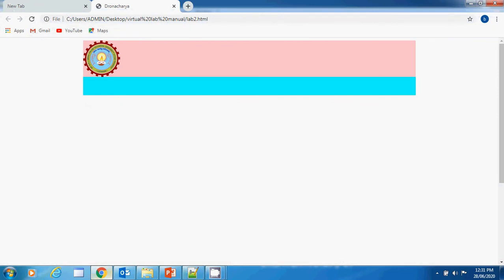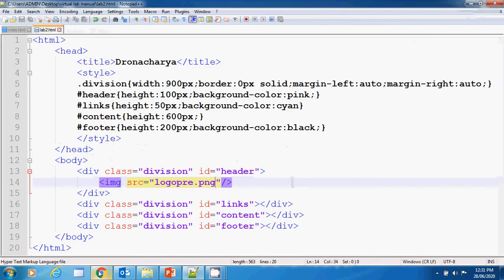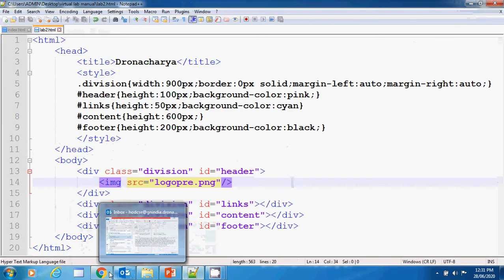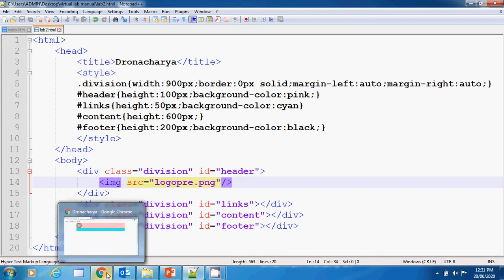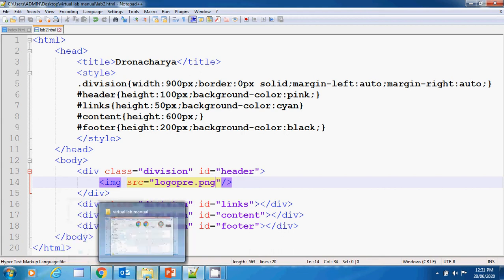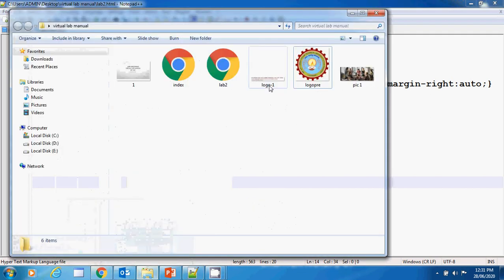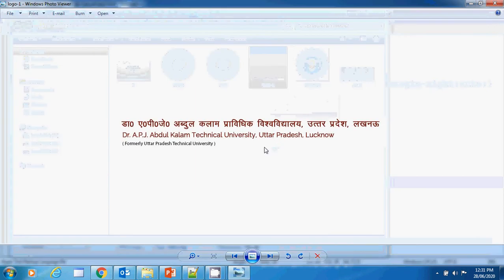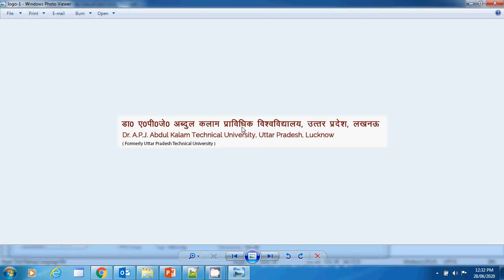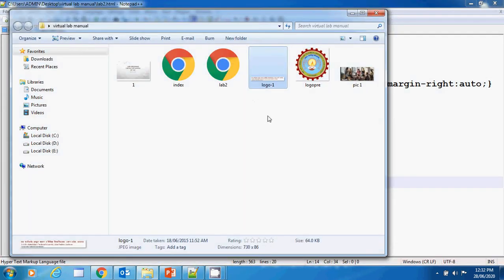Now I'll be using a second image which is just after this image, and the name of my logo is logo 1, right? So we can see by double clicking it, it's of Dr. APJ Abdul Kalam Technical University, formerly Uttar Pradesh Technical University. So we will be using this logo over here. So the name is logo 1.